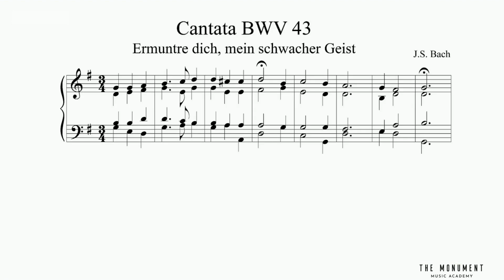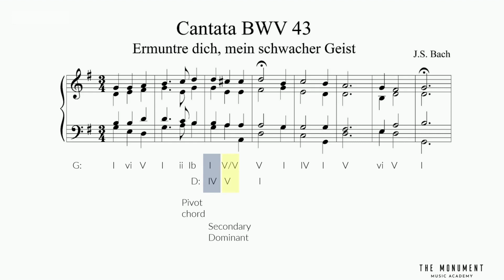The music here starts in G major, but it modulates to D major from bar 3 to 4. How do I know that? Well, it's simple. The appearance of the C sharp accidental in bar 3. This is the pivot chord. The G major chord is the tonic of G major and the subdominant of D major simultaneously. The secondary dominant is the A major chord here, with the new leading tone being the C sharp note. The new tonic appears immediately after the secondary dominant and is of course the D major chord. This completes the modulation process.